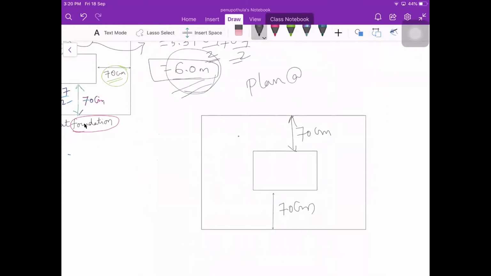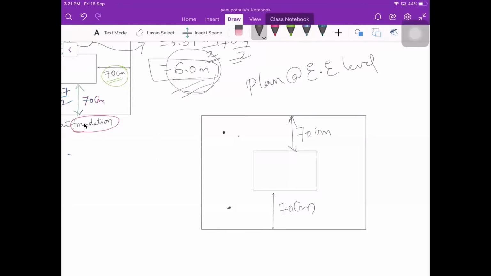We can write, for earthwork excavation, plan at level of earthwork excavation. So where the earthwork excavation is, there you need to cut that particular portion, and then you need to see the plan. So at that plan, this is 70 centimeters width. So the center to center line length of long wall, short wall doesn't change irrespective of the item of work. It will be the same throughout the construction. Okay, so it can be first footing, second footing, third footing, plinth or masonry wall, superstructure level. So it is one and the same.